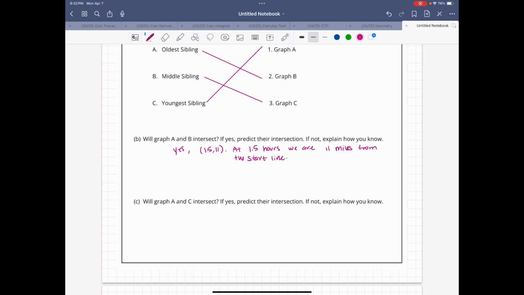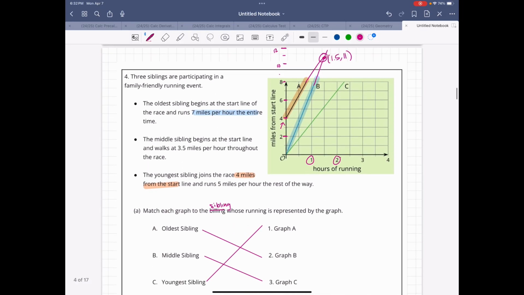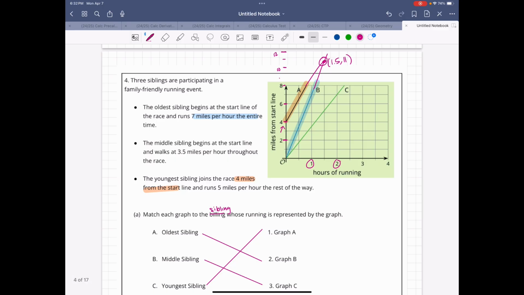Okay, part C, will graph A and C intersect? If yes, predict their intersection. If not, explain how you know. So graph B and C won't intersect again. You could have said that they intersected here at the starting line because they both start at the same place, but because the older sibling is running faster and the middle sibling is walking, they're never going to intersect unless, for example, the older sibling stops